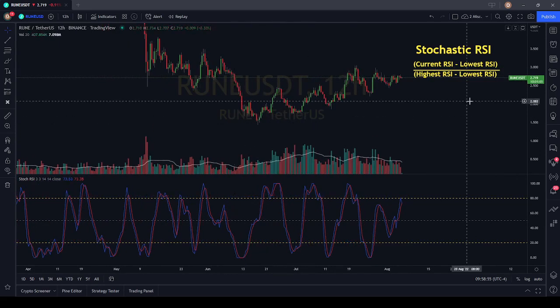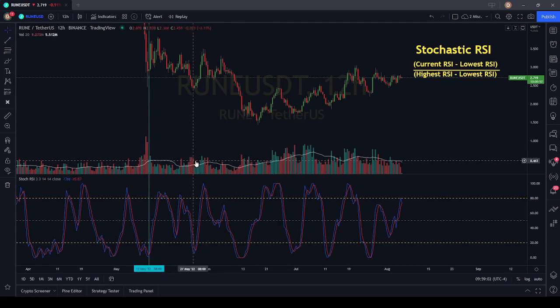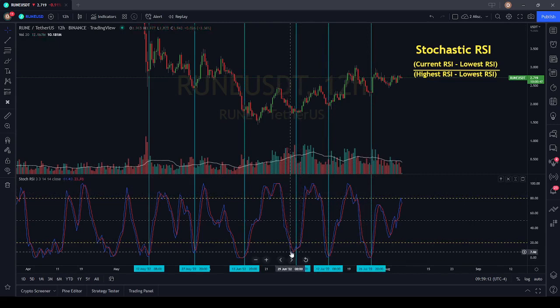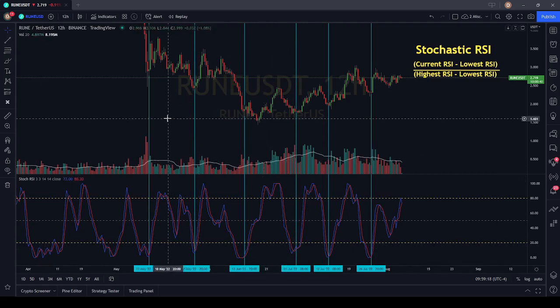But just in general, let's mark all the bottoms. So we have a bottom here, down here, here, here. Let me move this one. You'll notice that I'm marking all the ones where that blue line is moving back above the red line. And so we have all the bottoms marked there. And if we go through now and just mark some of the tops,